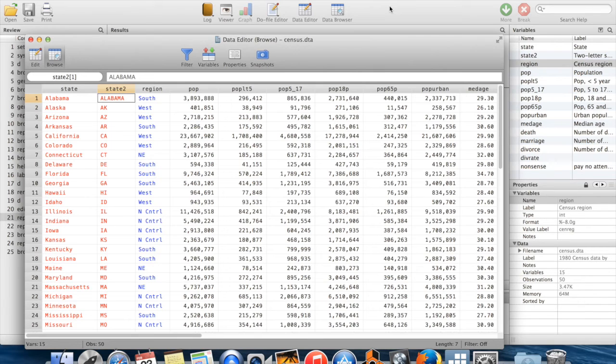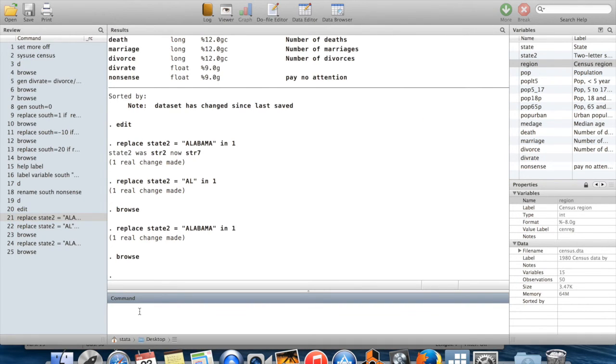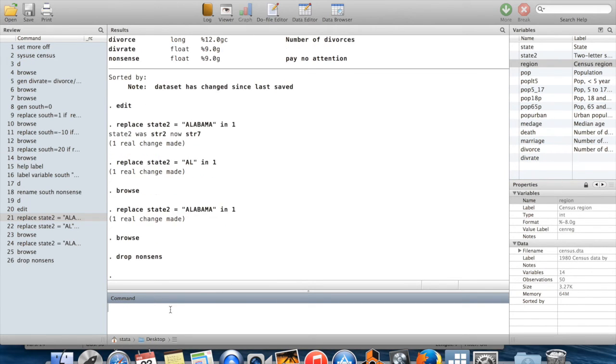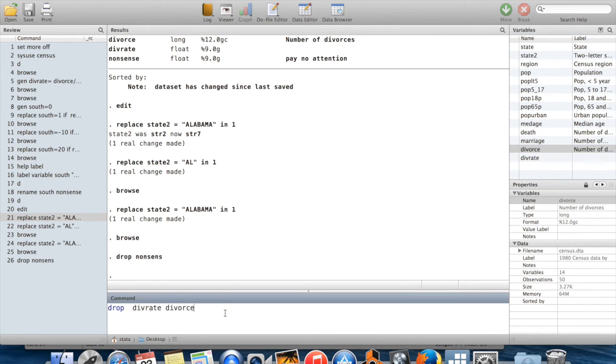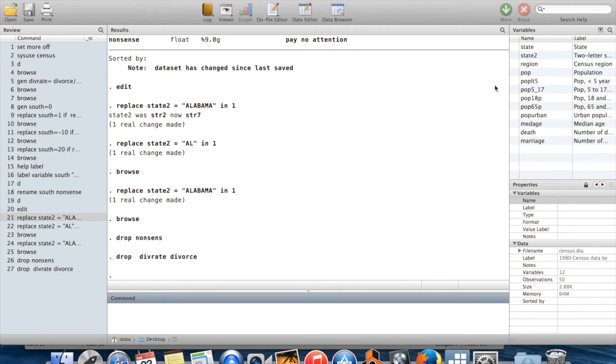So that's creating and altering variables. The last thing which you might want to do is to get rid of variables. So for example, I might not want this variable nonsense anymore, so I can drop it. And that removes it from my data set. So of course I could drop a list of variables. I could drop div rate and divorce both at the same time,